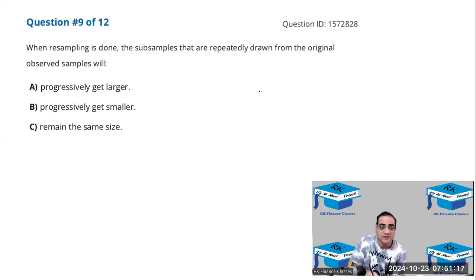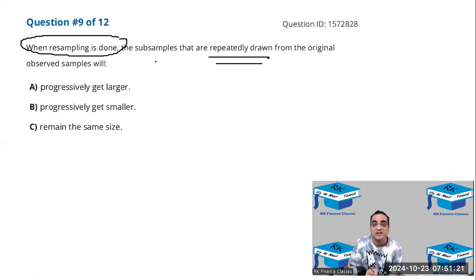All right, so when the resampling is done, the subsamples which are repeatedly drawn from the original samples, ये अभी पहले वाले क्वेश्चन में हमने डिस्कस किया था कि all the samples need to have the same size. अगर आप रीसैम्पलिंग कर रहे हो, देख पहला सैंपल निकाला आपने, उसमें 5 मेंबर्स है, तो जो सेकंड सैंपल निकालोगे उसमें भी 5 मेंबर्स होने चाहिए. It is necessary that all the samples that you draw from the population should be having the same size.